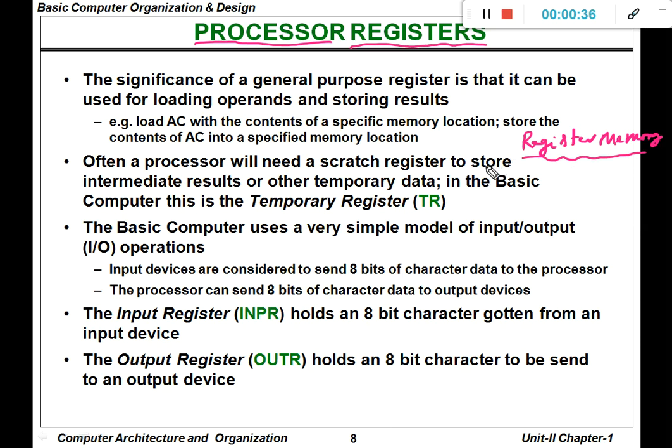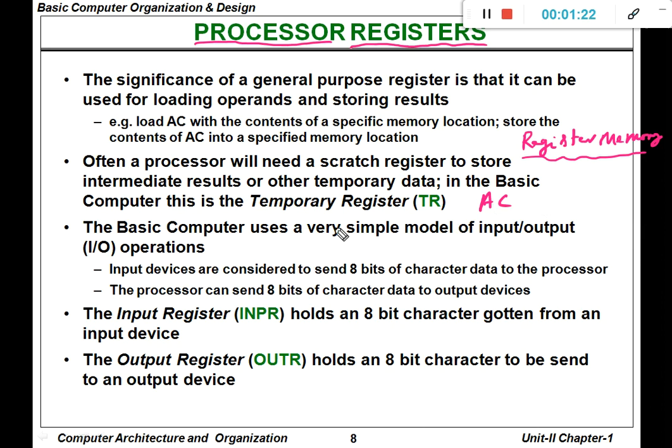So coming to the different types of registers that are available inside of the computer system. The most prominent register we should know is the accumulator register. It is represented as AC. AC means accumulator register. This accumulator register is a general purpose register, which is used to store the operand values. Operands means the data that is stored in the main memory. That will be brought to the accumulator register whenever needed.